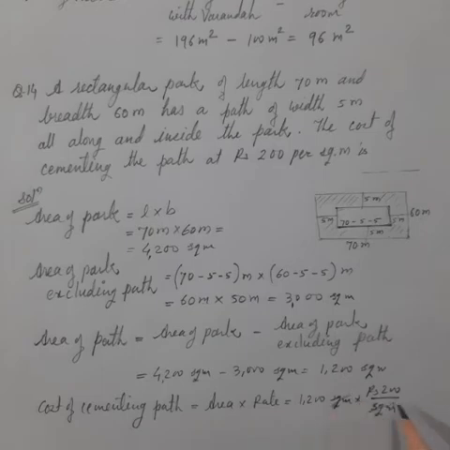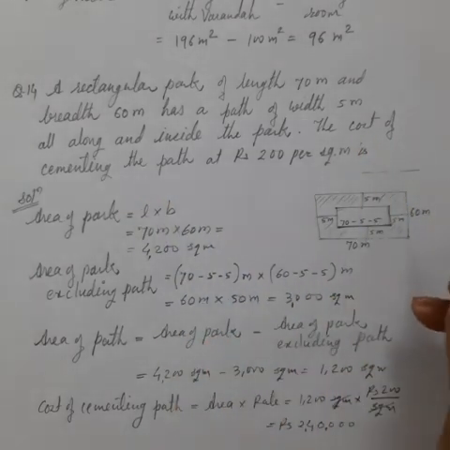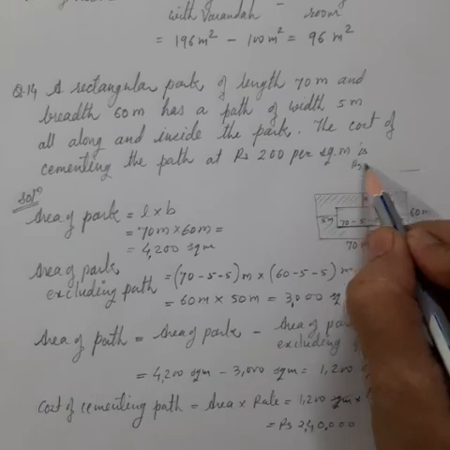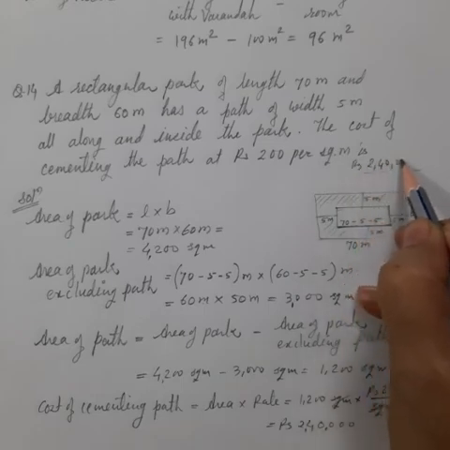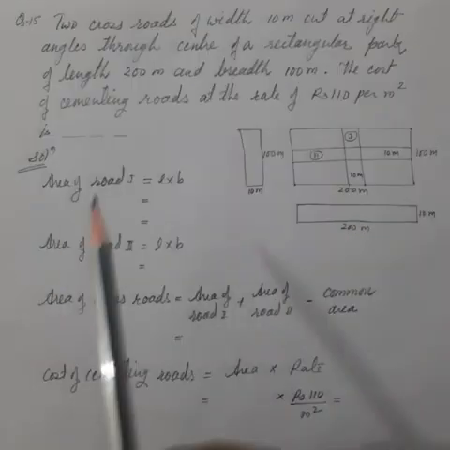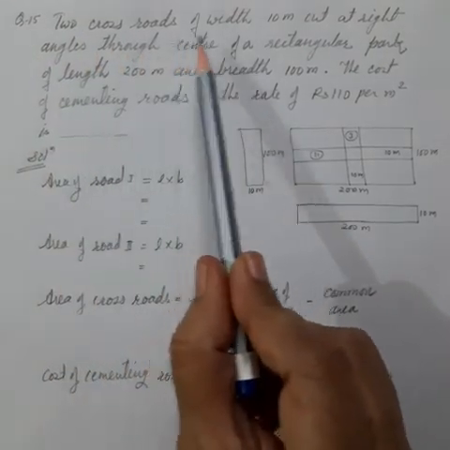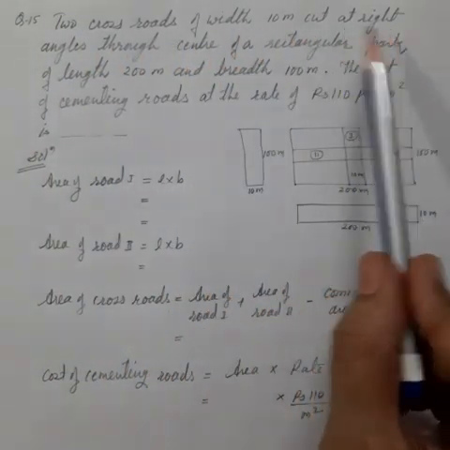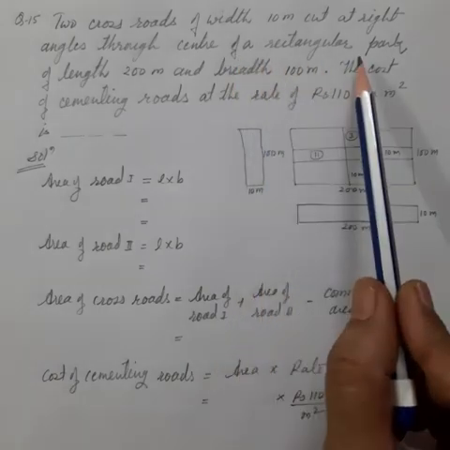This square meter will cancel. Answer we will get in rupees. It is the cost. Multiply. 12 twos are 24 and 4 more zeros. 1, 2, 3, 4. So it is 2,40,000. So cost of cementing the path is rupees 2,40,000. Question 15. Two crossroads of width 10 meter cut at right angles through the center of a rectangular park